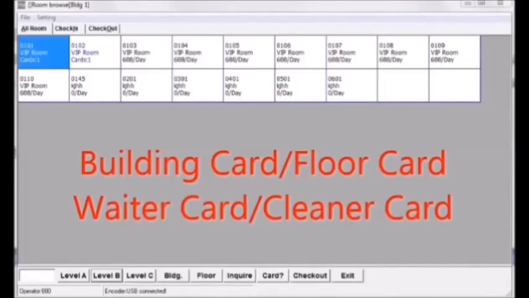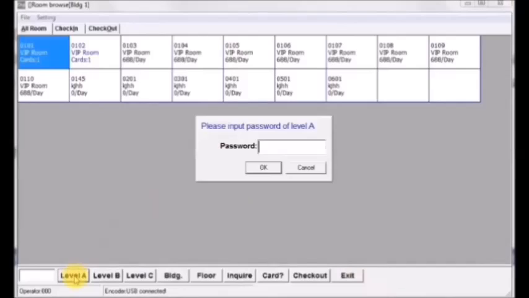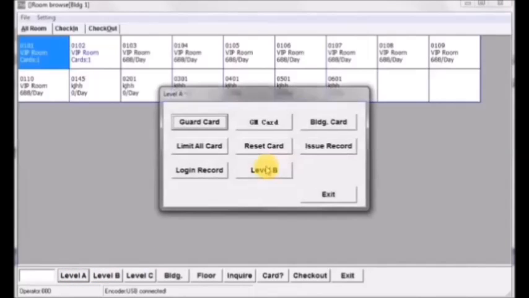Making building, floor, radar, and cleaner cards. The building card holder can open all the locks of specified buildings. The rest of the cards can open all the locks of the specified floors. Put an empty card on the encoder and press level A, enter the password to enter. Click on building card,